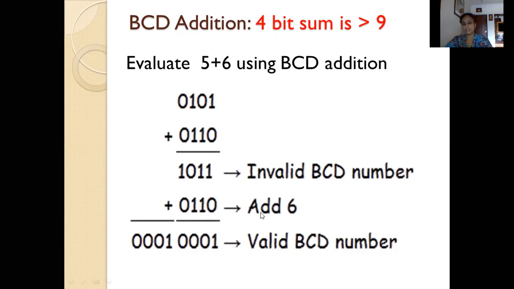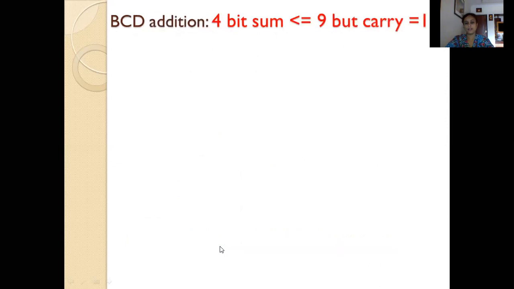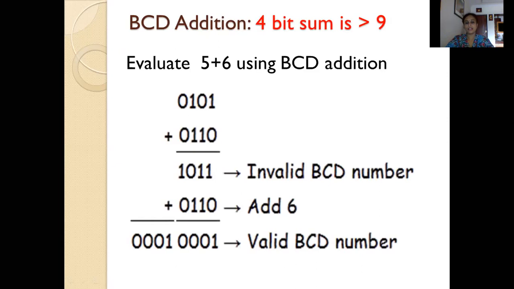So if you add this, you can see that the actual result comes out to be 1 plus 0 is 1, 1 plus 1 is 0, carry 1, 1 plus 0 is 0, carry 1, then 1 plus 1 is 0 and carry 1. So if I pad the zeros over here for making it a 4-bit binary number, then you can see it is 0001, 0001, and that is nothing but the actual result 11.